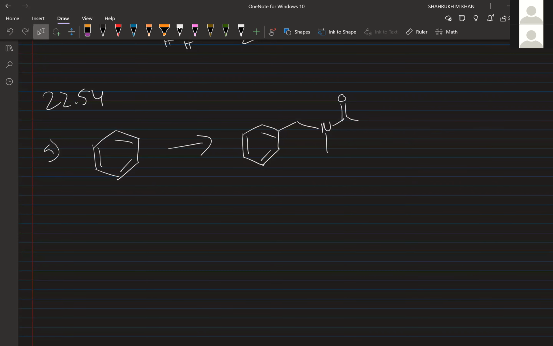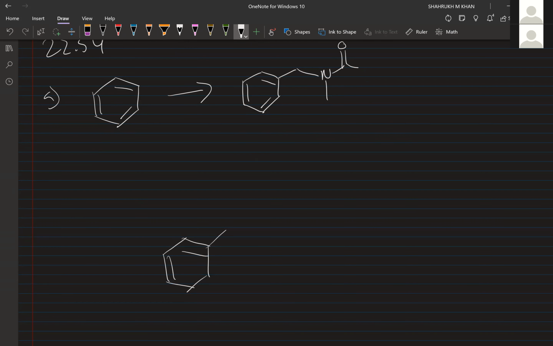Okay, so first things first is see what changed in the carbon skeleton, right? We have basically this giant group attached, right? Benzene is as it is right now, right? So we have to add a carbon and a nitrogen. So really, we know basically at some point we need to get an intermediate, right? That is going to look like, this is kind of how I always worked with the retrosynthesis is, I don't know what's going to be between this and this, but I know at some point I need to create this,